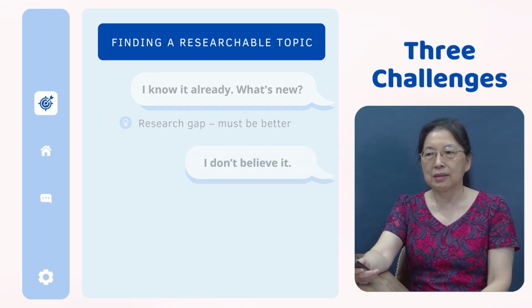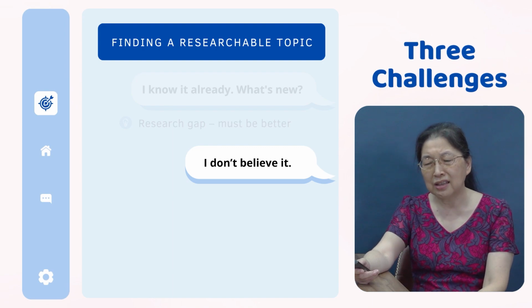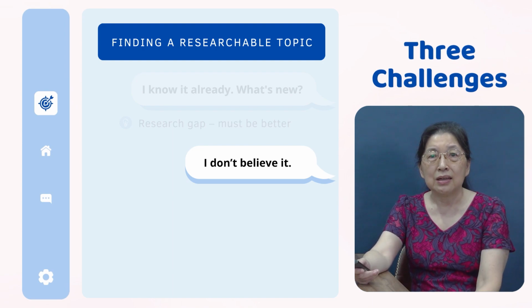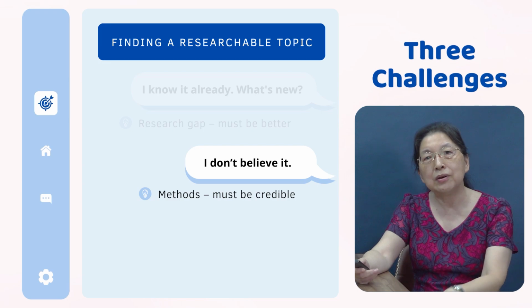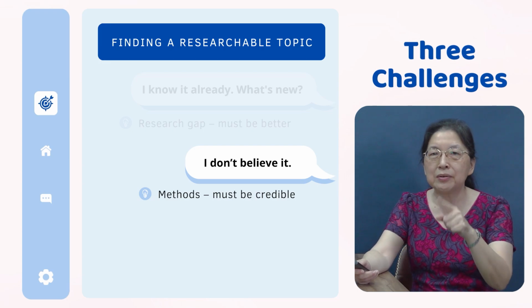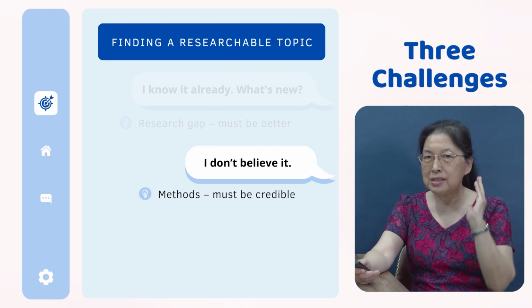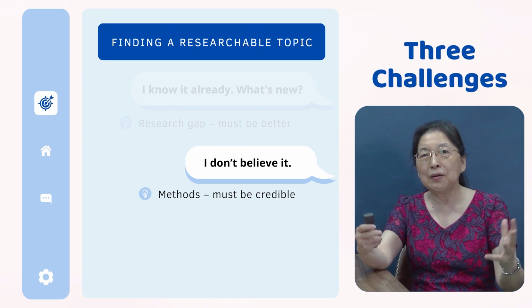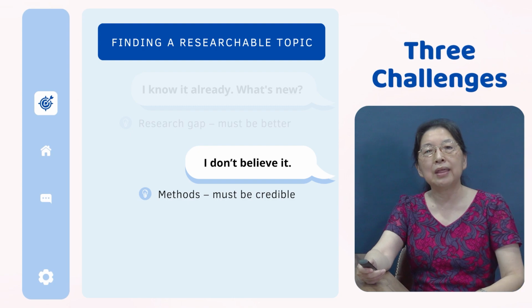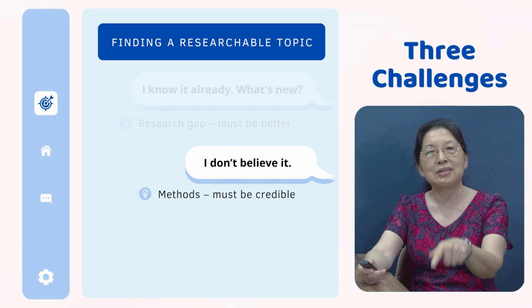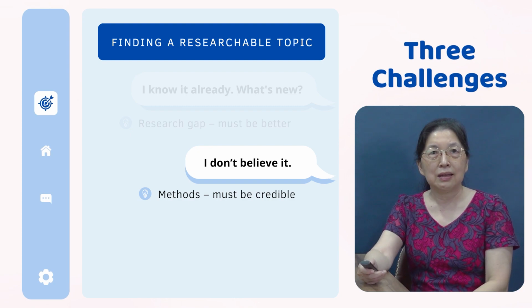Number 2, they look at the paper and say, oh, I don't believe it. So, what about your methodology? Is it rigorous enough? Is your data collection accurate, precise, and reliable